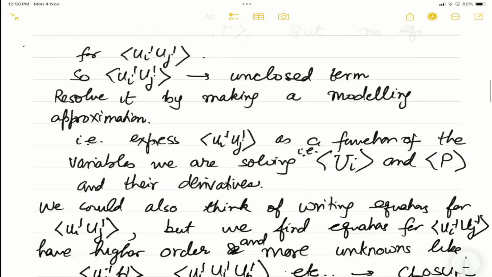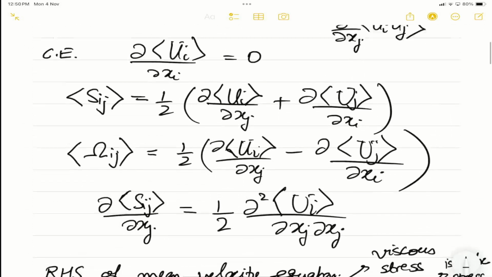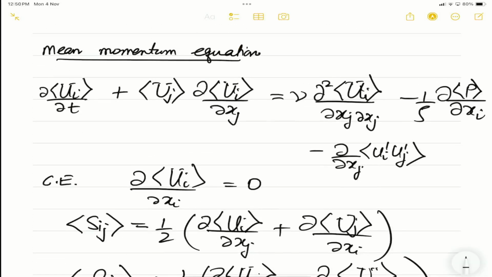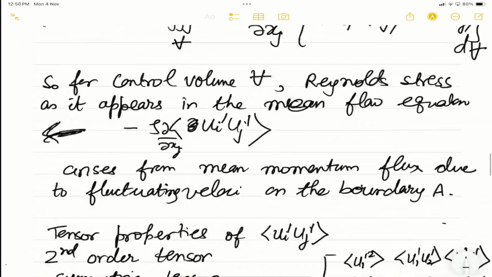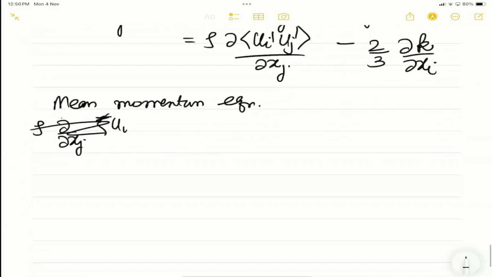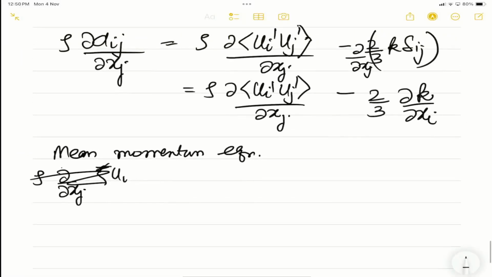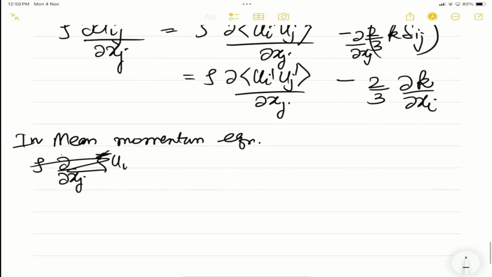This was d ui by dt plus this, and then we had a minus d by dxj of ui prime uj prime. So in the mean momentum equation,